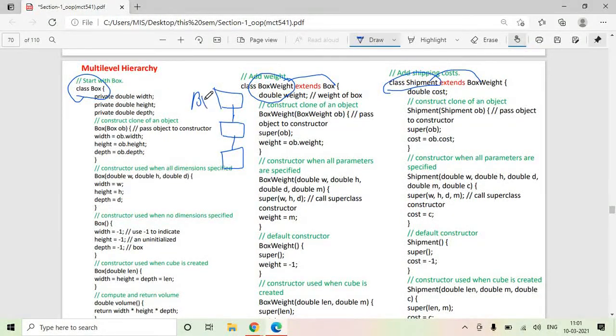So box, weight and shipment. So this is an example of multi-level inheritance. Let's try to understand this.